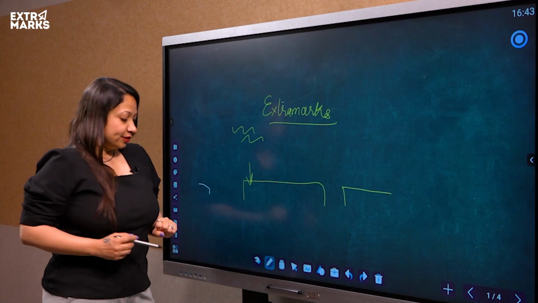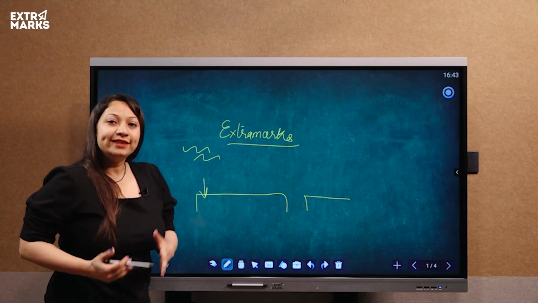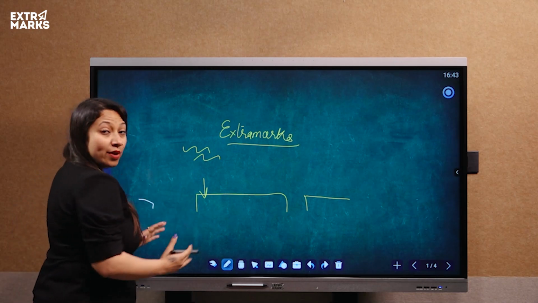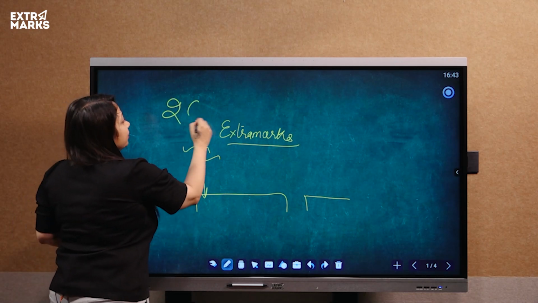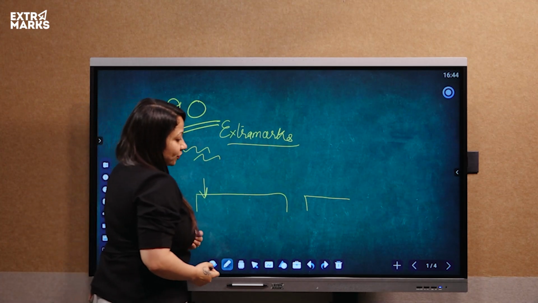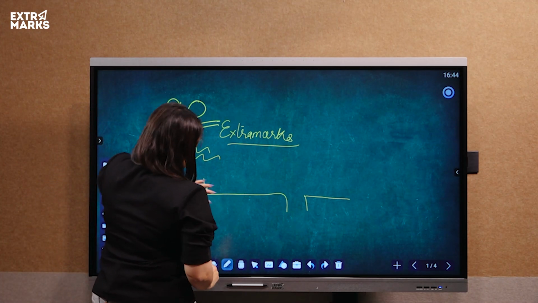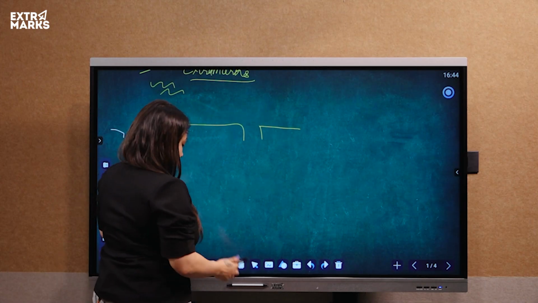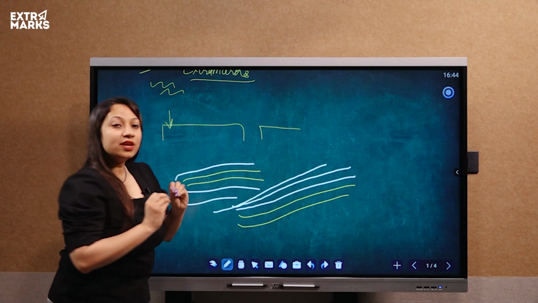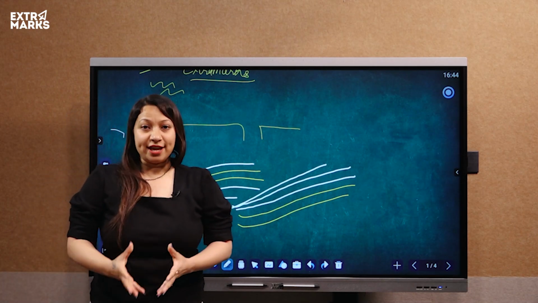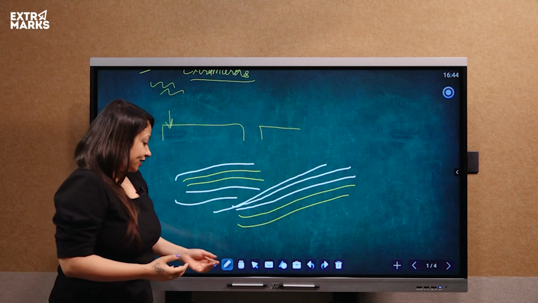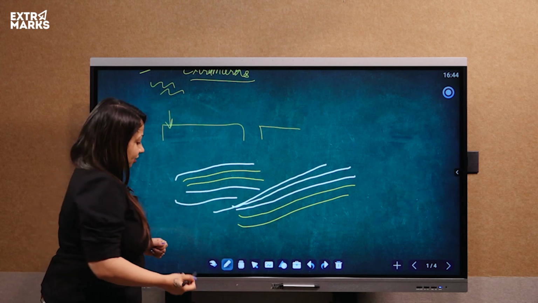However, if I change it to multiple user, at this point of time, I can give input from all my fingers. At one point of time, 20 people can write on the board simultaneously. So I'll showcase that to you. So as of now, I have just demonstrated 10 touch to you, but yes, 20 people can write on the board simultaneously. So we are providing 20 touch.